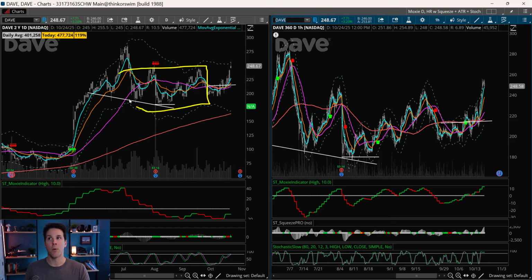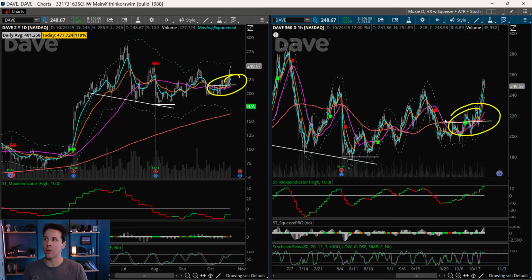DAVE needed to rest for quite some time, but if you look here, this is now a perfect entry on something like this, and it is actually moving ahead of the market. It started to move up before the market actually broke out. And this is why when you look at the market, you need to look around at a lot of different places, because each of these stocks are going to be moving on their own. And you can see that some of them are really getting ready. And DAVE has been one of those.